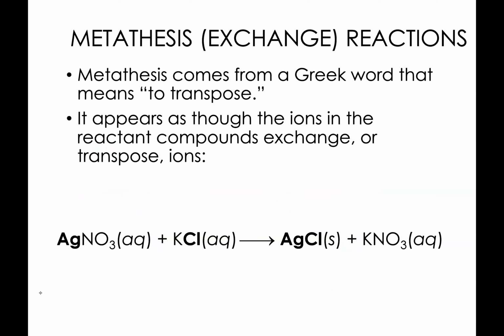Now, one of the things that we can do a step further is predict, because this is a metathesis reaction, which of the two is going to be the precipitate in this type of equation. So the next thing to talk about is, how do we know that the AgCl is going to be the solid? How do we know that the potassium nitrate is going to still be soluble? In a precipitation reaction, okay,